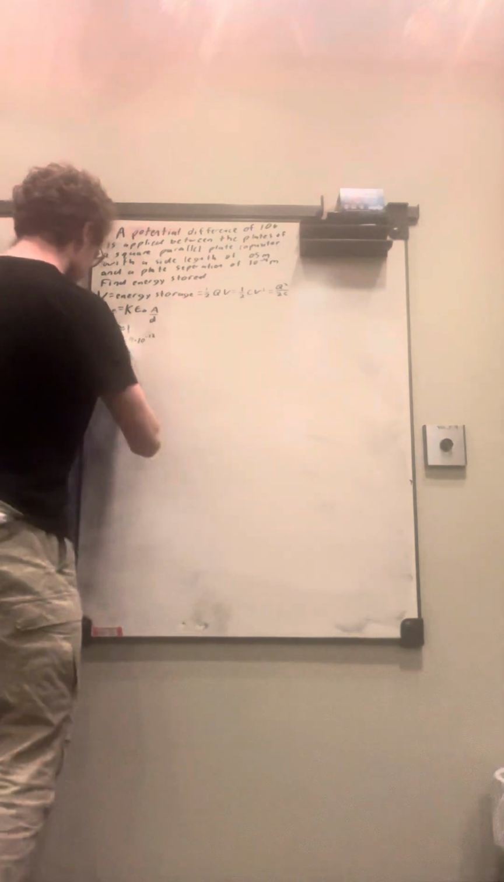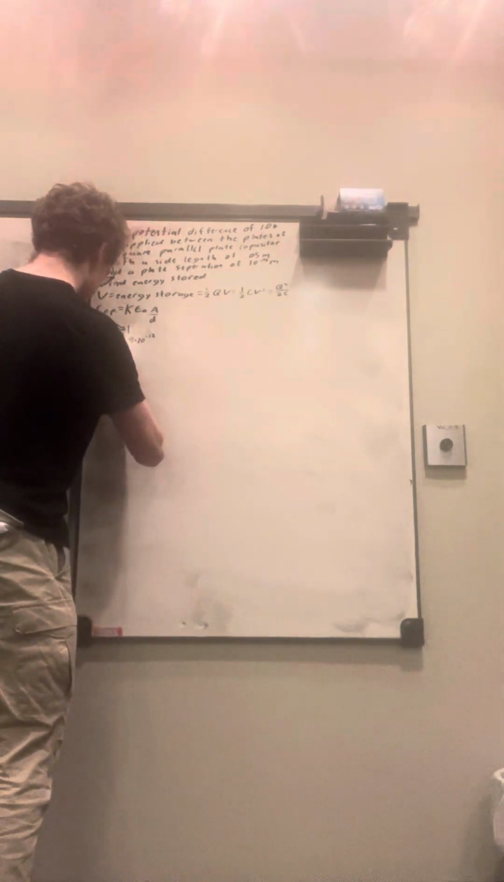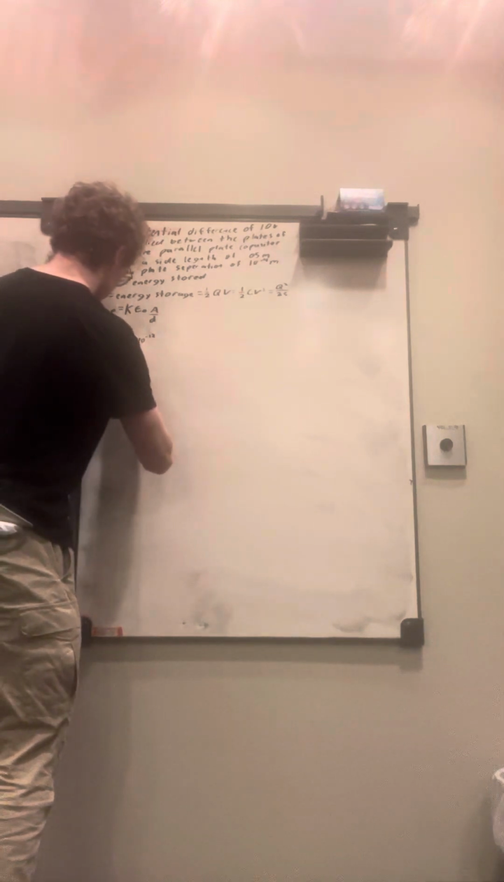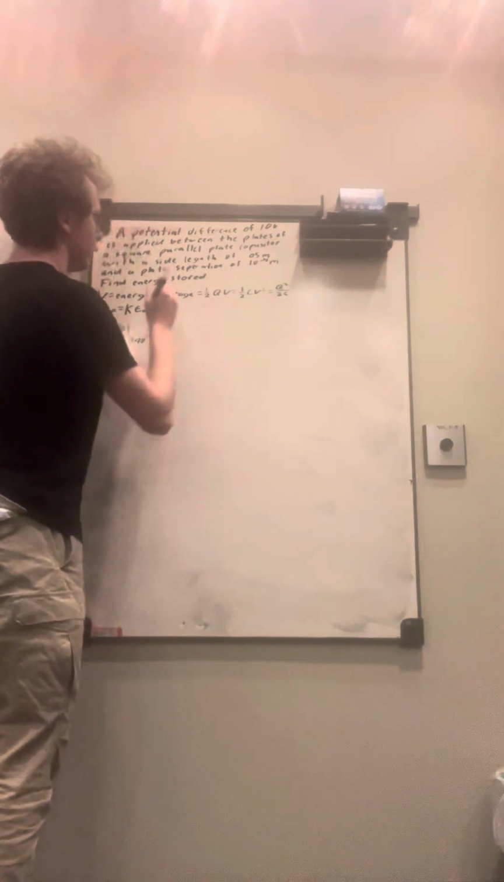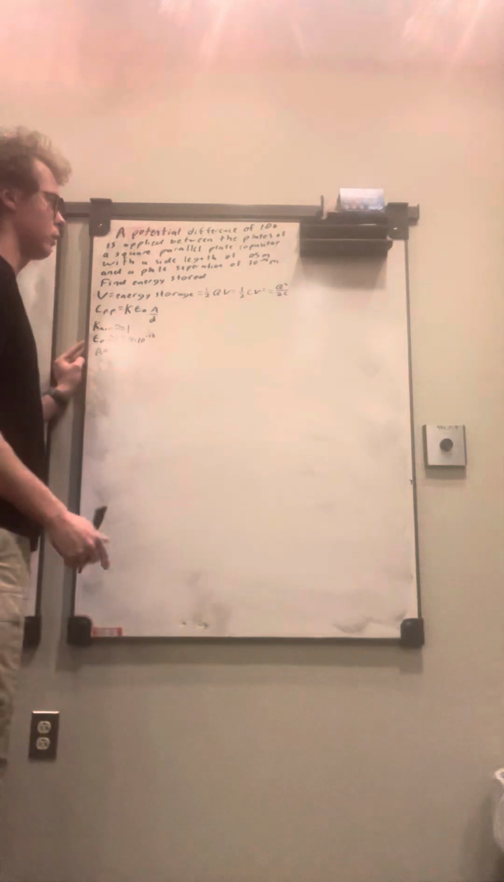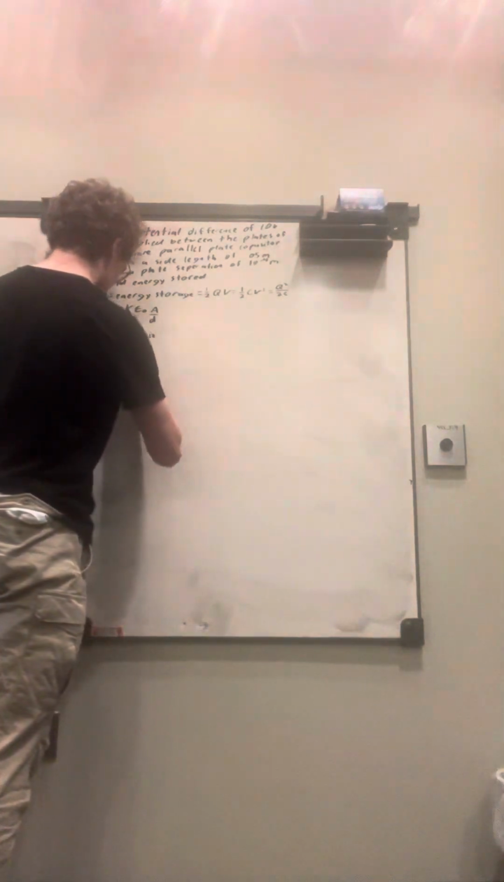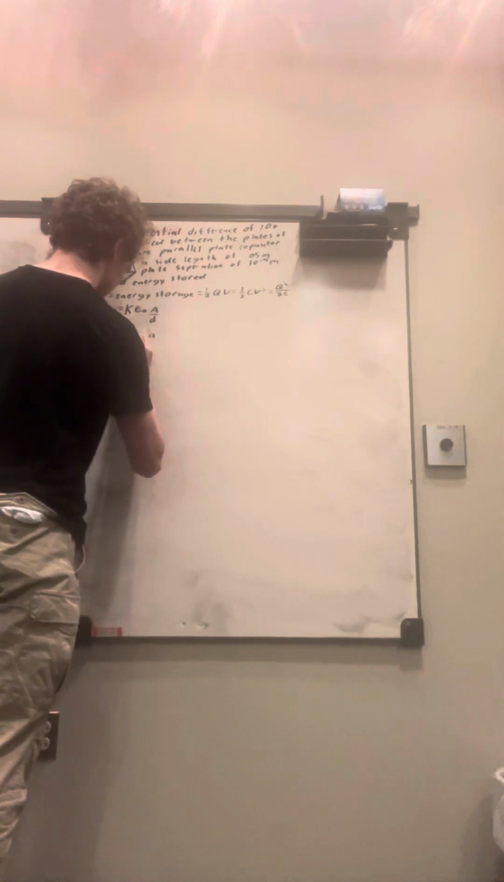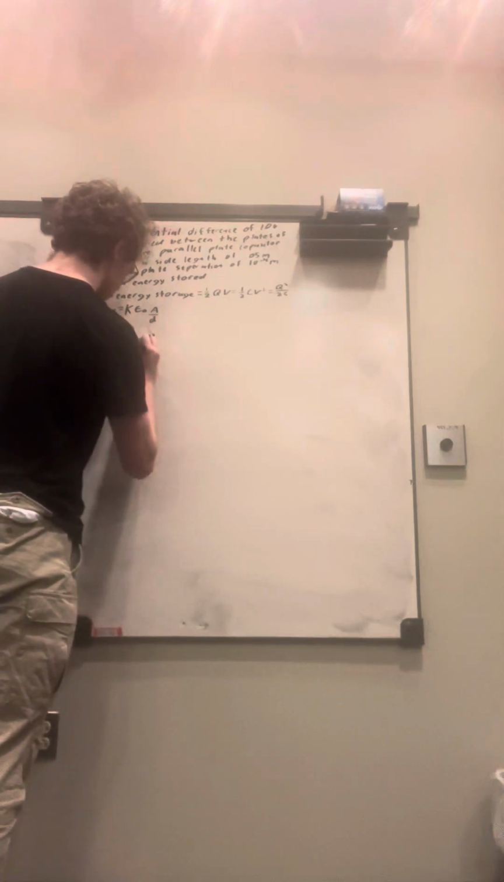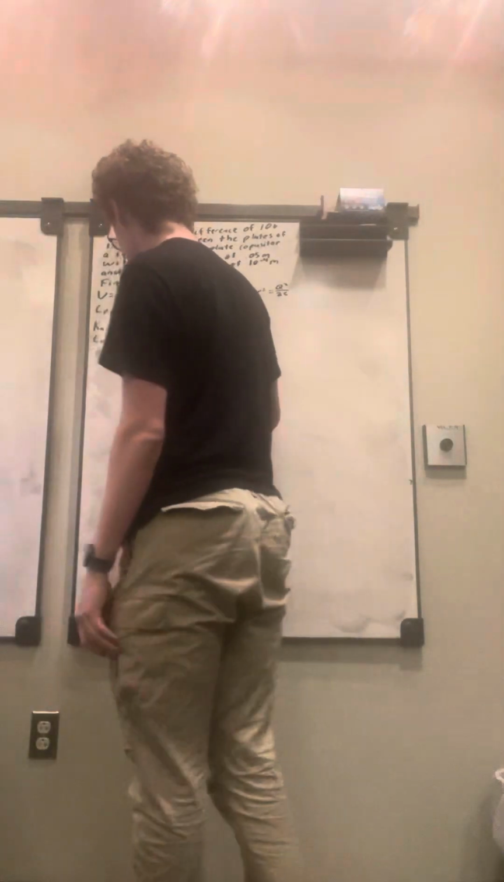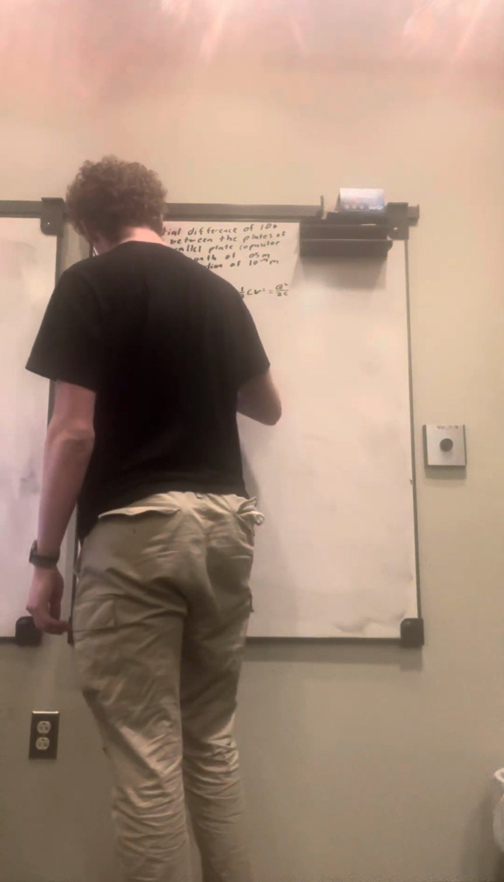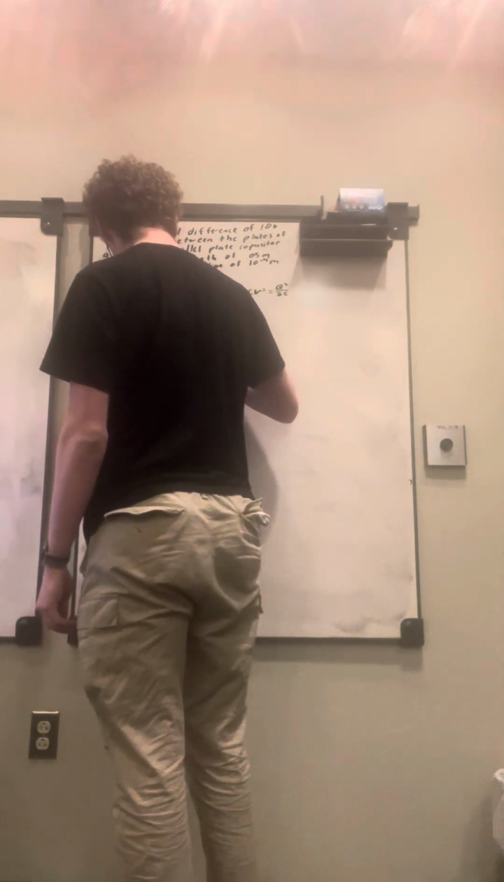So A is equal to the two sides multiplied by each other, or the side squared. So A is equal to 0.05 meters squared, which, if we plug that into the calculator, should be equal to 0.0025 meters squared,